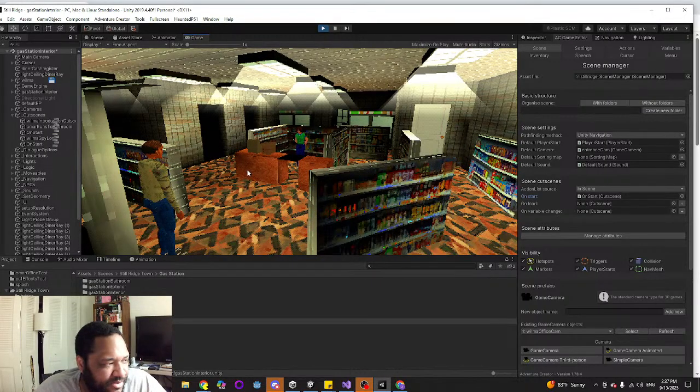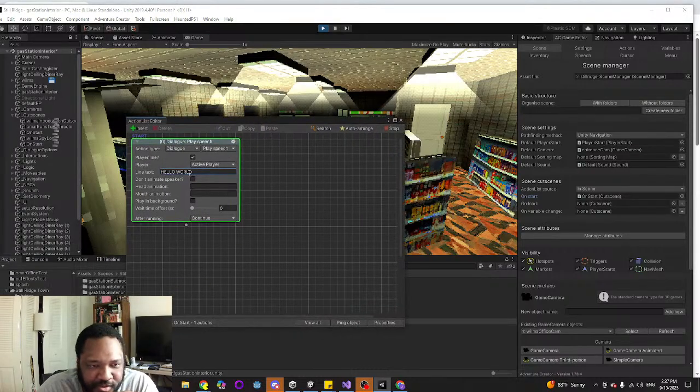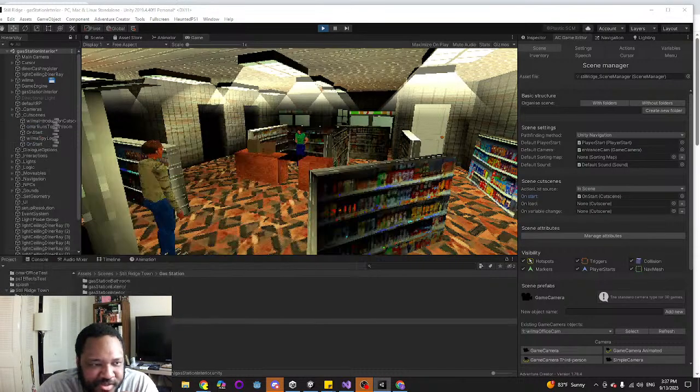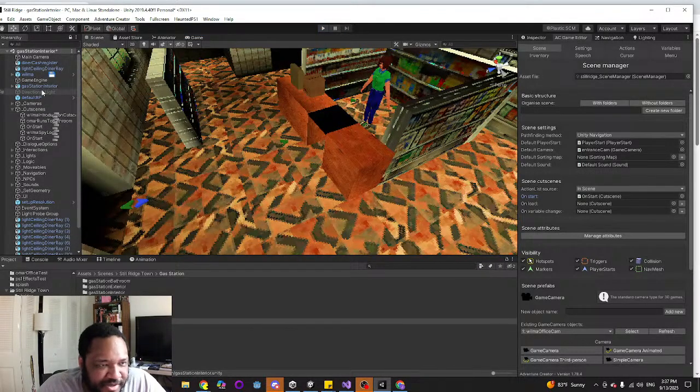Why? What is going on in this scene? There should be a dialogue box playing in this scene, but there is not. So there is something missing here, and I can't figure out what it is.